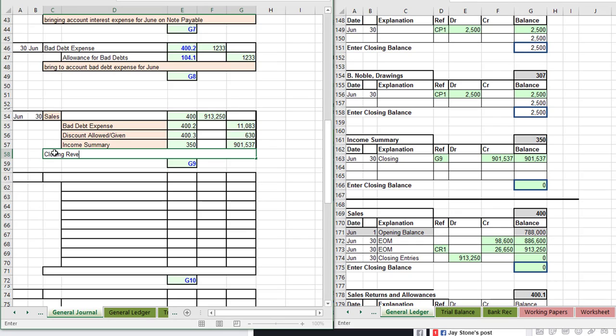Closing revenue and related contras. June 30. We're now going to close expenses and related contras. Closing expenses and related contras. So this is going to reduce the income summary. I'll make the income summary smaller, equals